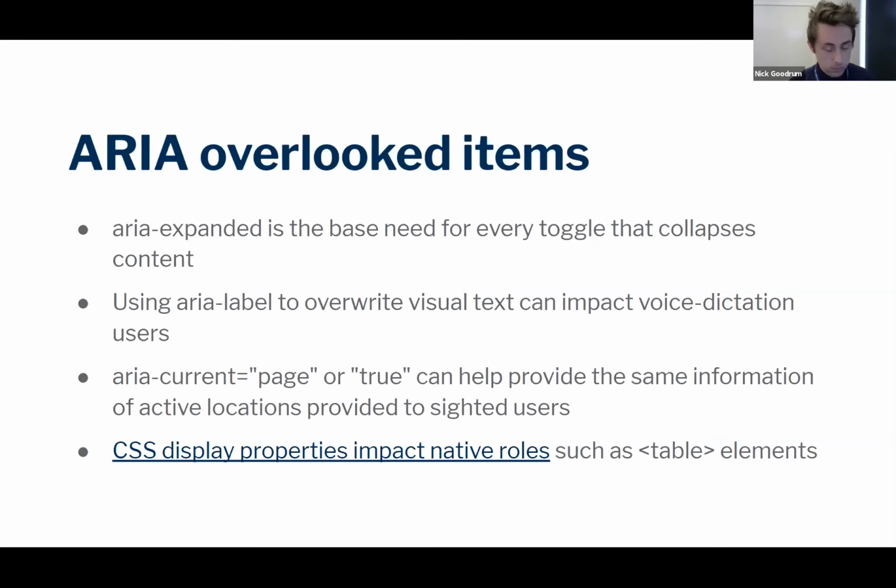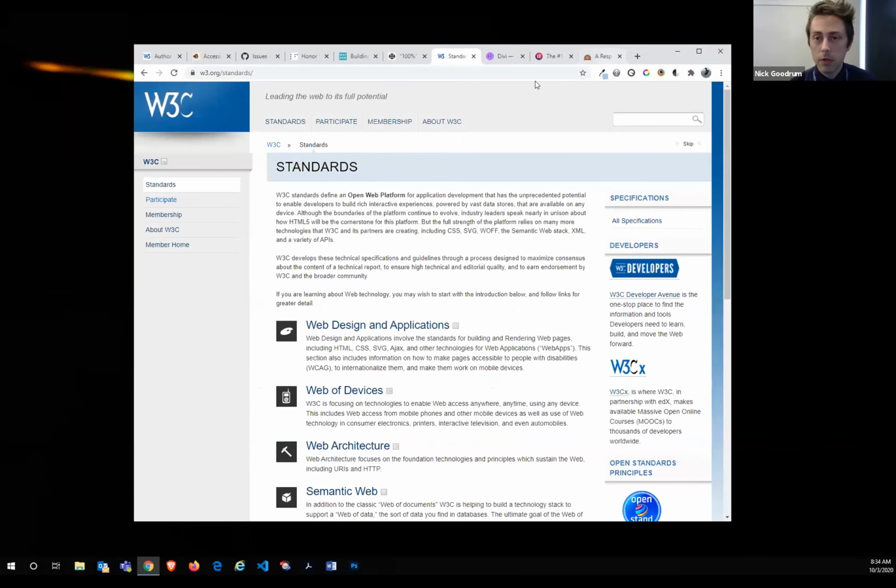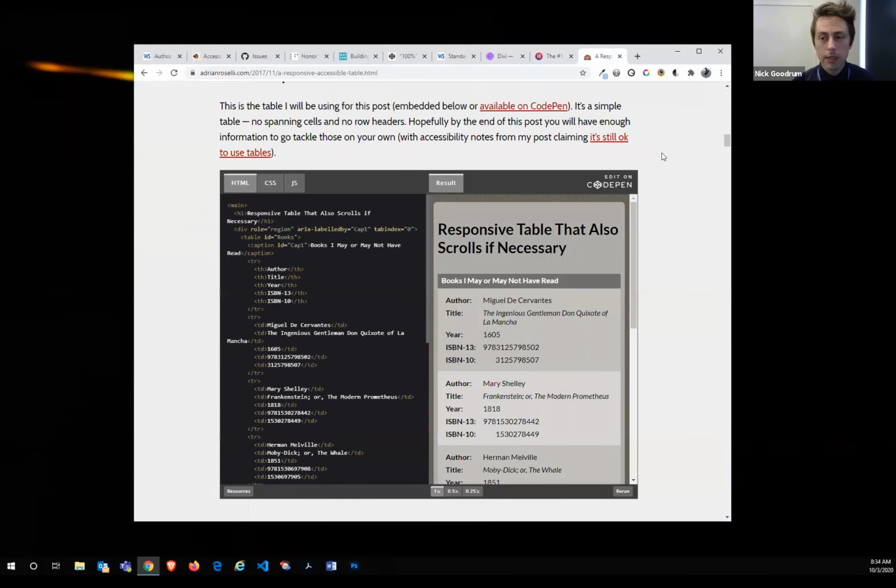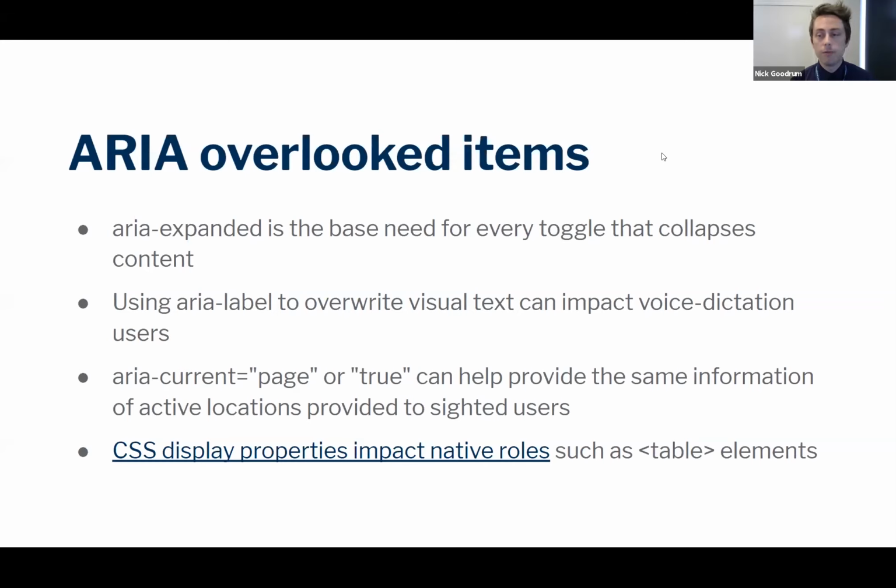And so I think even Adrian also went over a nice little explanation. It's a good example of responsive tables, right? If you do display block or display flex on a table, that loses all of its semantic value. So these are the common things that I started to see as I analyze sites, look through sites, and it's not exhaustive. There's plenty more out there. There's a lot of nuance here.